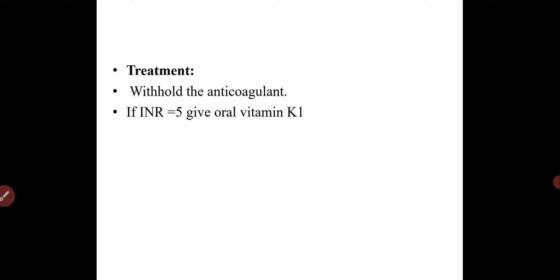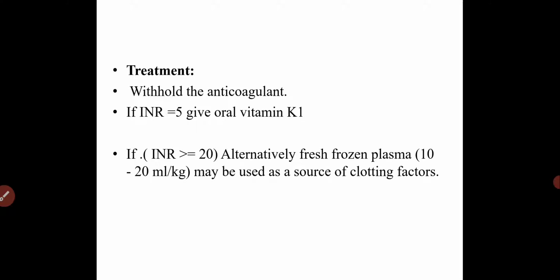So if there is bleeding with warfarin, what do we do? Withhold the anticoagulant, meaning we stop the warfarin. If the prothrombin time INR is more than or equal to 5, then we give oral vitamin K1. But if the INR is greater than or equal to 20,